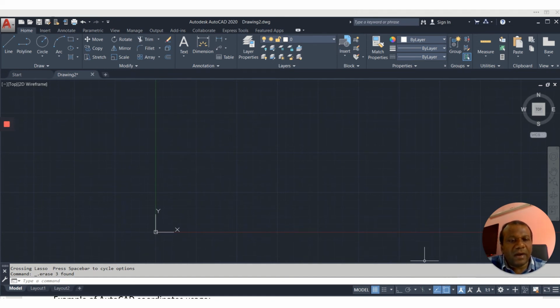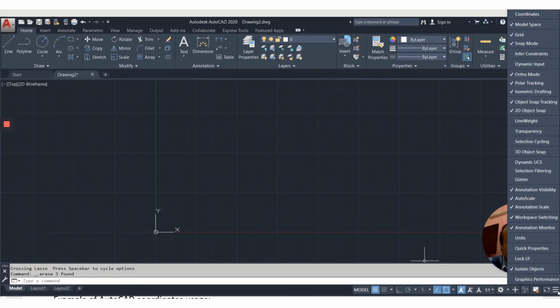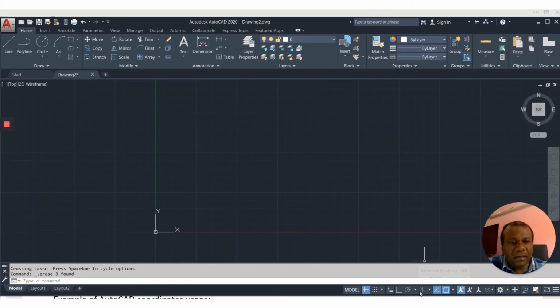I unticked it, so you can't see it here. Initially you have to enable it, because the first time you open AutoCAD it won't appear. Go here and click dynamic input. So this is the dynamic input. When you move the mouse, it shows values dynamically here. You can switch dynamic input on and off.